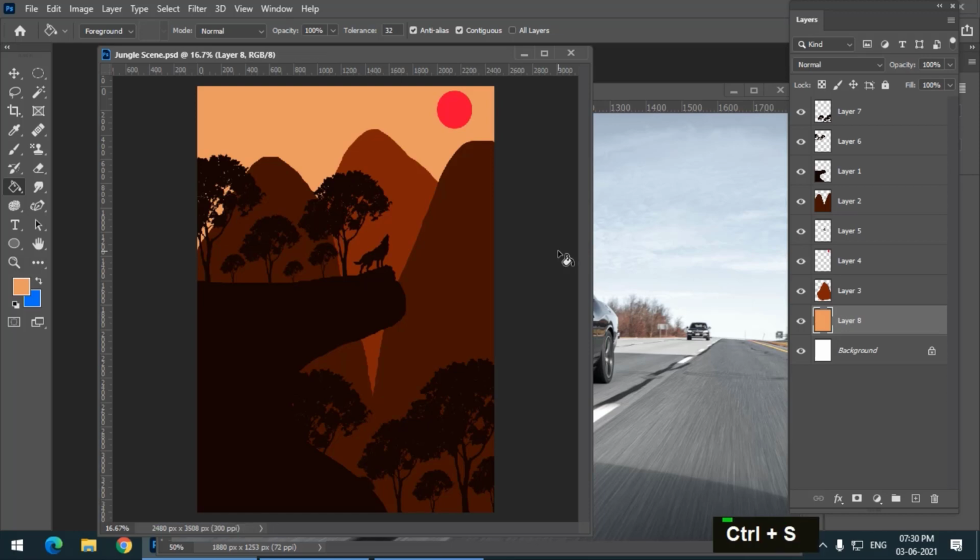So you can also practice, you can try a similar thing, but you can also try some different things. You can select some image from Google and try to copy that particular image into your own, and it doesn't have to be 100% accurate. You can use your own mind and give it your touch. So this was the paint bucket tool and how we can create a simple artwork by using the paint bucket tool and also the brush tool, obviously. So do practice, do enjoy this tool, and make this tool interesting.